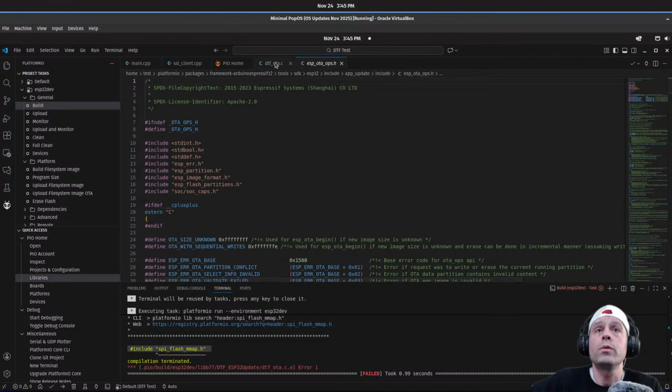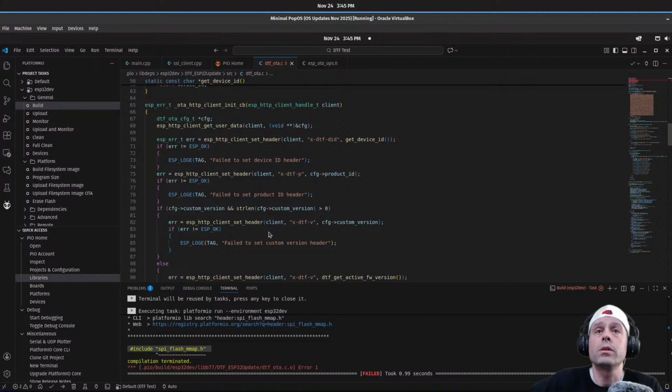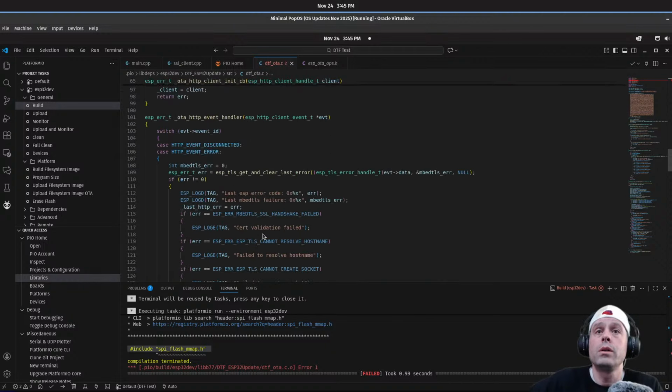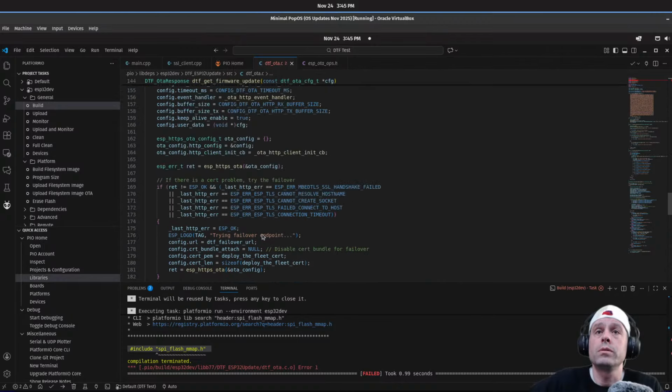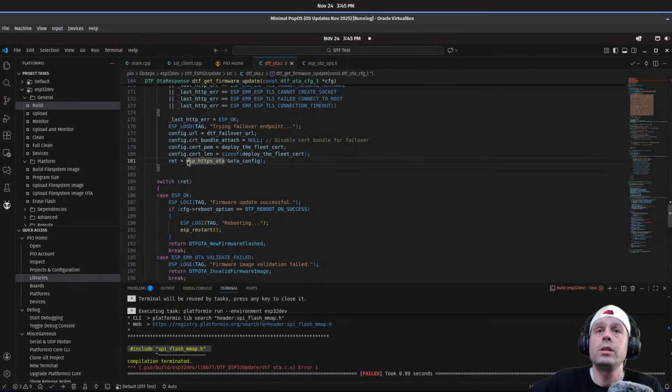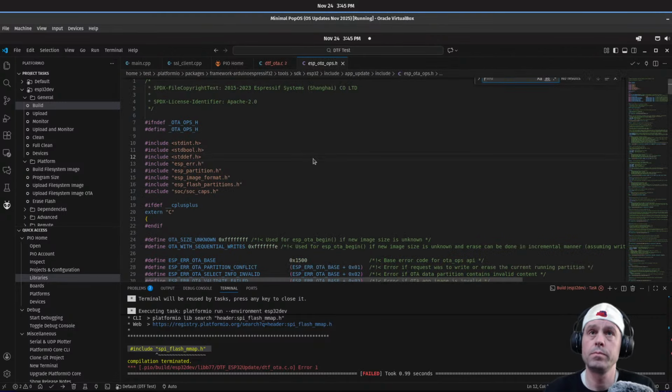And now, remember, what's the function I'm calling? I'm calling ESP HTTPS OTA. So let's look at that over here in the header file. Oh, it's saying not found. Really?